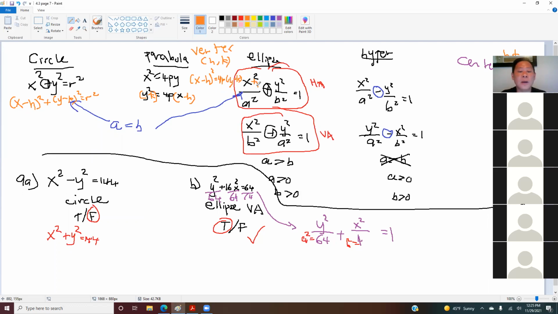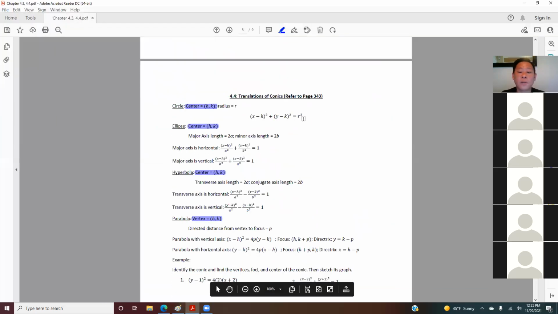So you just do (x minus h) squared, (y minus k) squared. And the same thing happens to your ellipses. It's going to be (x minus h) squared and then (y minus k) squared. So this is what you get in the formula here. The formulas will become very similar. So I will recommend you to